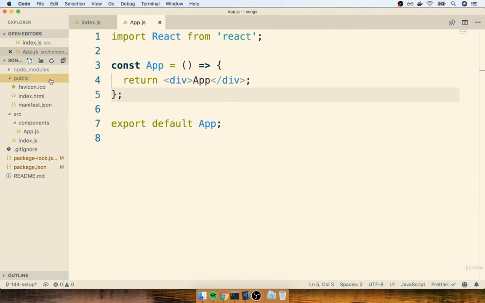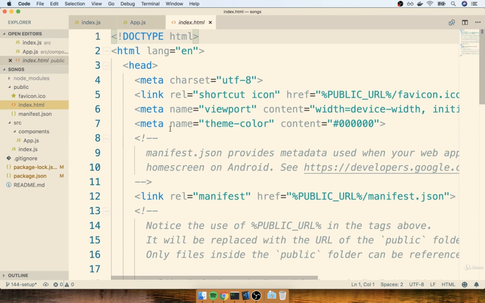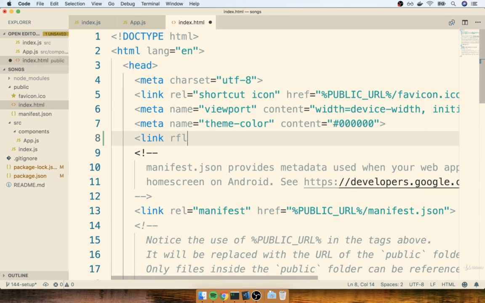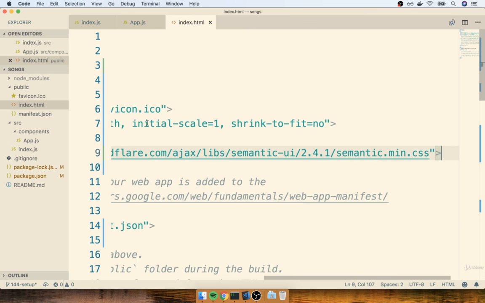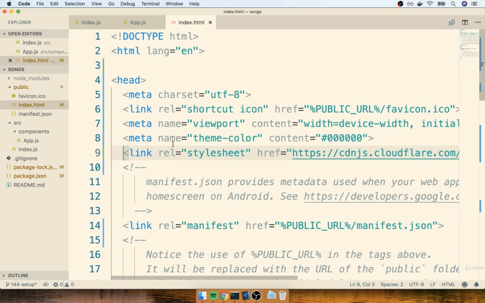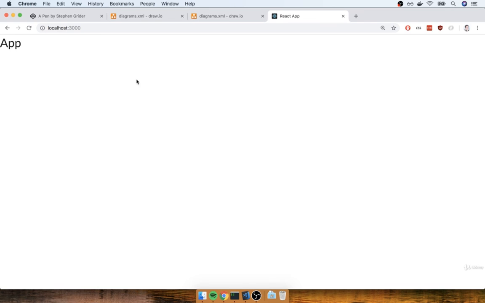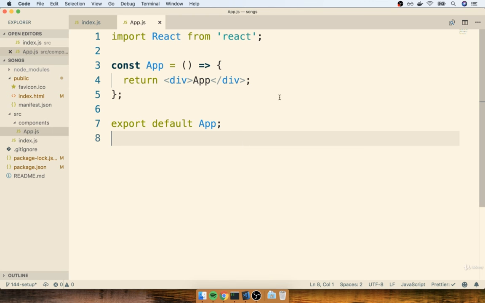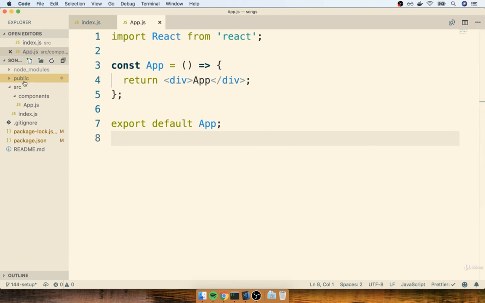I will flip back over to my public index.html file, and then just as before, I'll put in my link with the rel stylesheet and my href to the link that I just copied, like so. And then I'll save the file, and I'll just make sure that I see the updated font for my app text that appears up here on the screen. All right, so that's it. So we're now ready to start putting together our actual app and learning how to get React and Redux to work together with that React-Redux library. I know that's so repetitive, but let's take a break and we're going to figure out how that thing works in the next section.